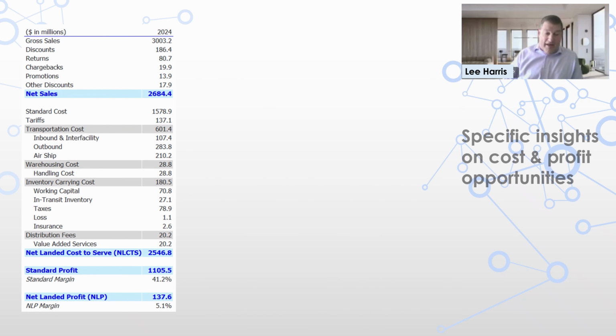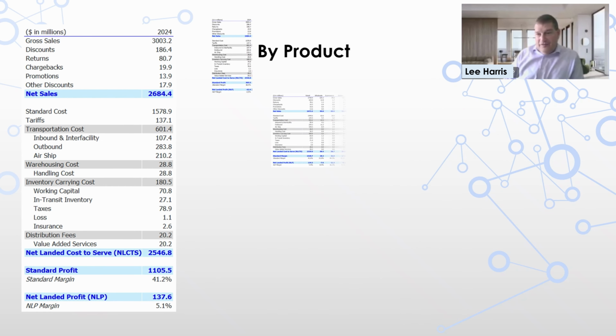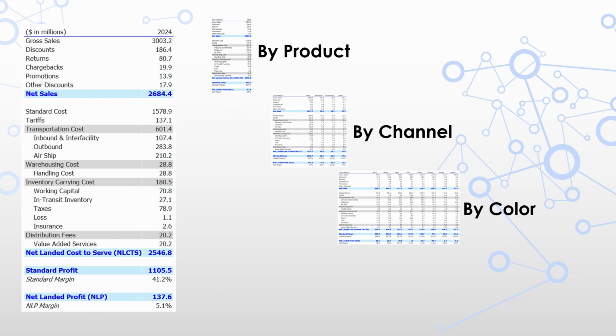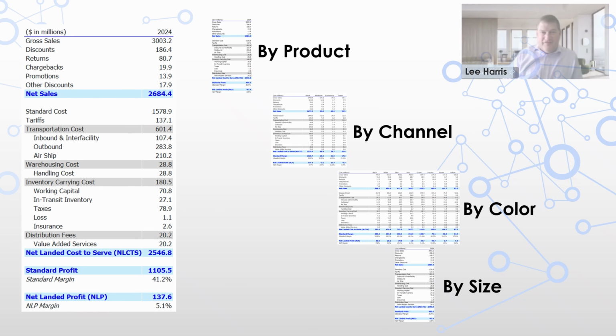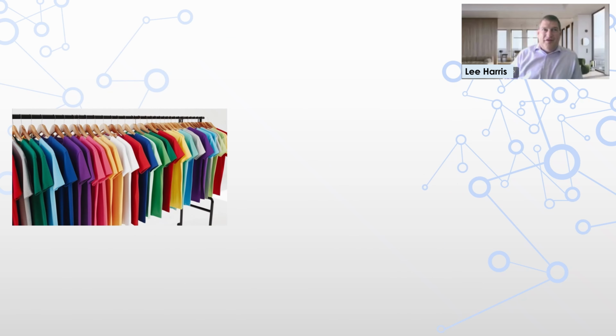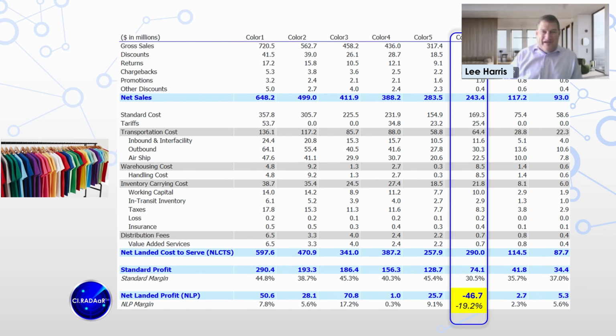So you can go product, you can go channel, and then you can go specific colors. You could even go down to a size, I suppose. The data is available. For instance, I remember Richard saying that when we looked at the T, for instance, at Under Armour, certain colors were completely unprofitable, other colors were profitable, right? So then you start talking about SKU rationalization.